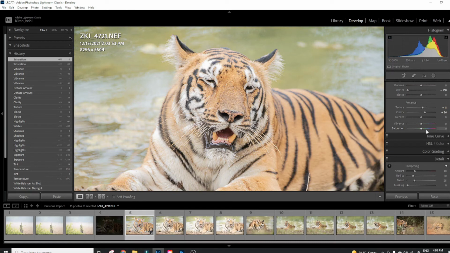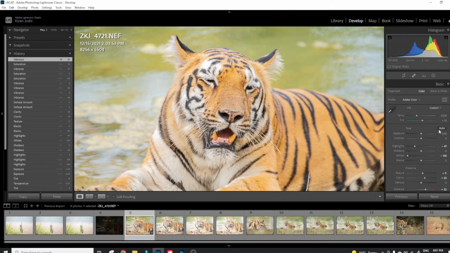So I'll just reset this and try to adjust the slider just a little bit, so that the colors of the image are slightly saturated and appear a little bit vibrant. It is up to your taste how much adjustment to do and what values to set. So this is all what we did with the first